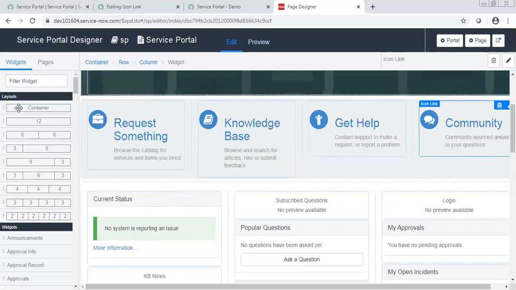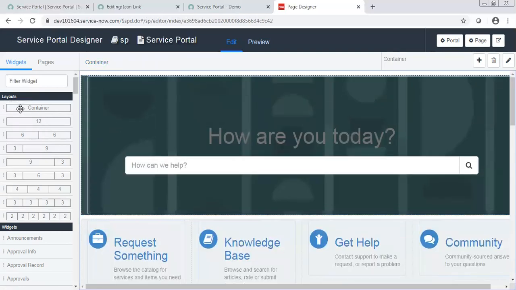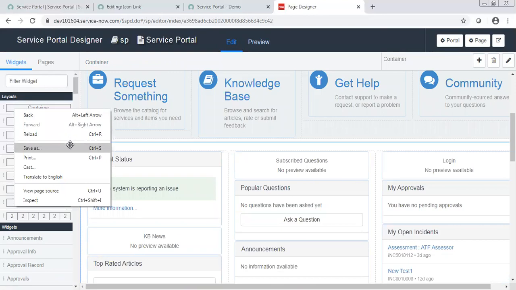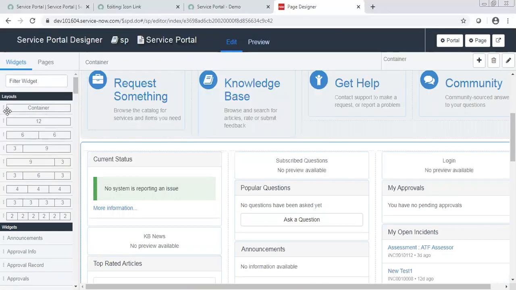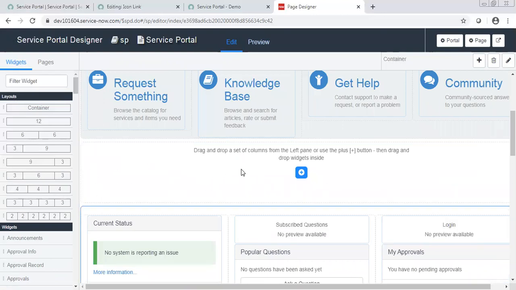Just drag and drop. Then inside the container, you need to put a layout, like you need to use 5.